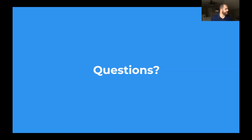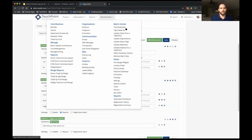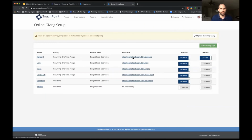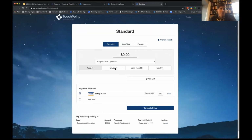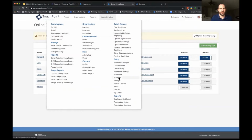There is a question about frequency for giving. So if I go to online giving here and we take a look at one of these forms, you'll see that there's 4 items for frequency. This is controlled on the settings page. So if you go to administration and then settings